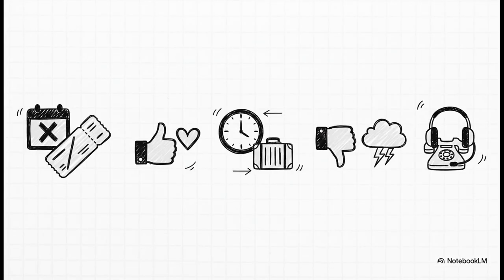So here they are, all together, the 5 core themes of the airline passenger experience, discovered automatically, straight from the data. And here's the crazy part to remember. The machine didn't know anything about airlines or travel. It just found these undeniable patterns in the language people were using, and it turned all that unstructured noise into a clear roadmap of what customers love and what they hate.